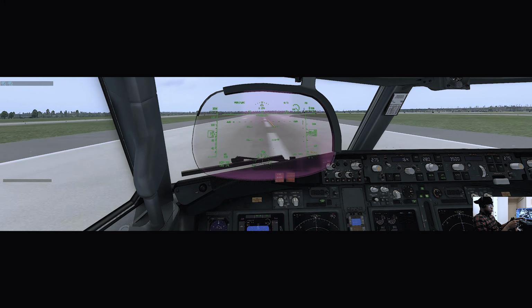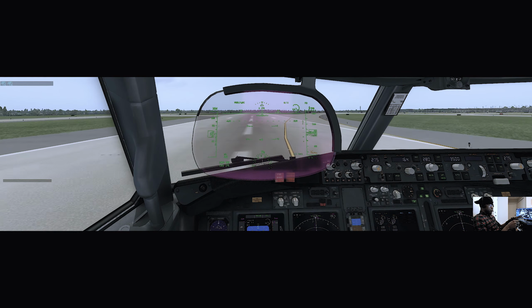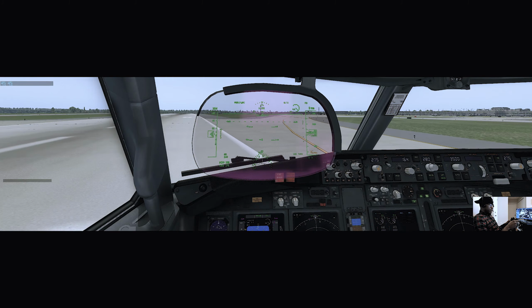80 knots. Okay, not too terrible. A little bit to the right, but not bad. I mean, to the left, but